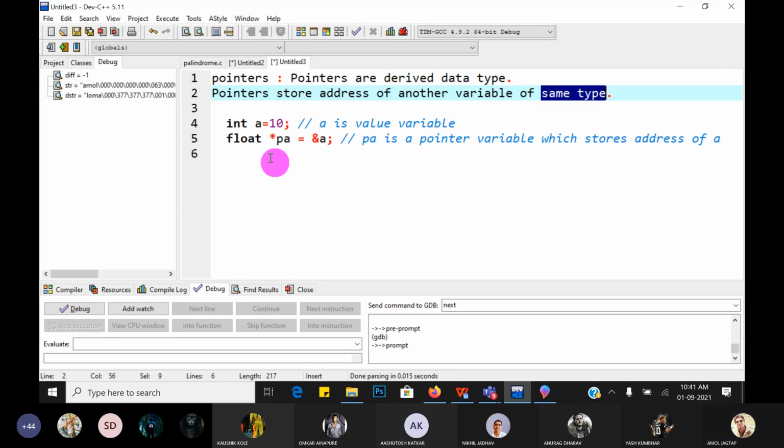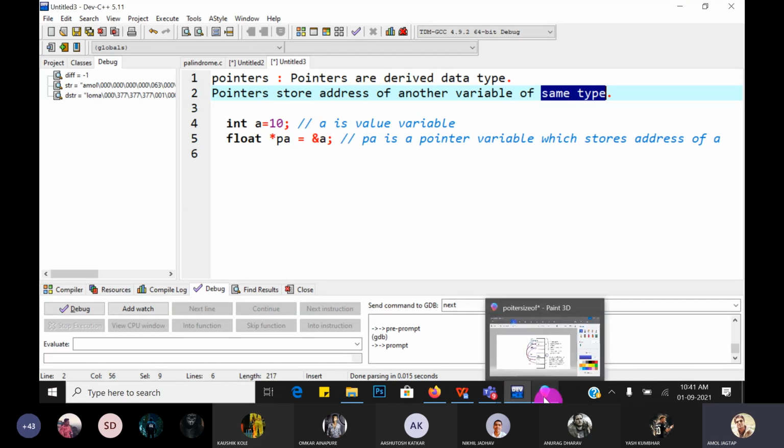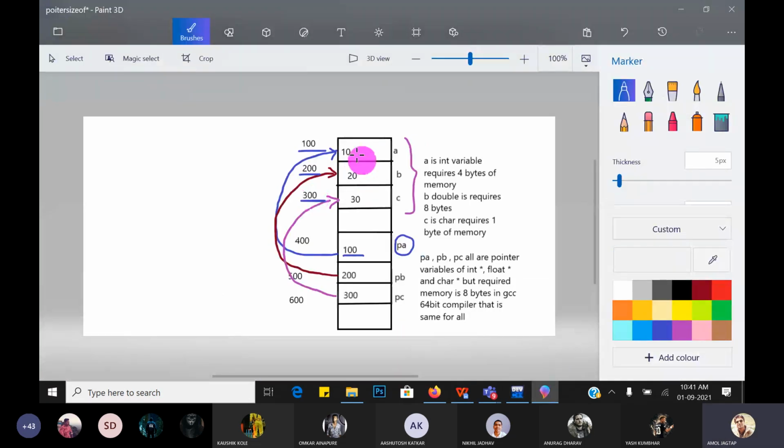Yes. What are pointers? And graphically, A, B, C are the three variables, which are value variables, that store some values, 10, 20 like this, and the others, PA, PB, PC, are the pointer variables and store the addresses. PA stores the address of A. So what is the address of A? The base address of A, that is 100, and that 100 address is stored here.